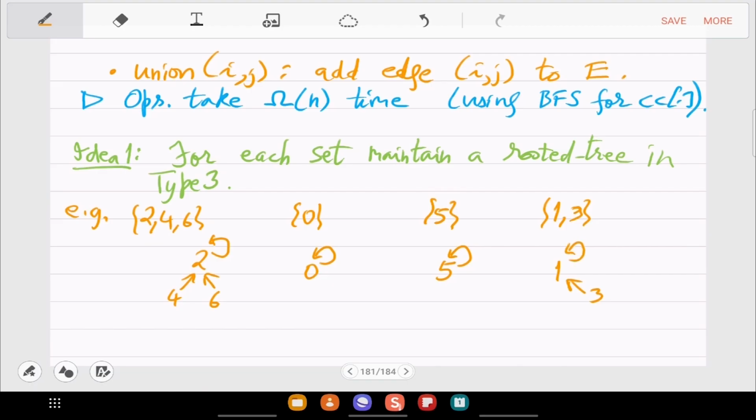Okay, so A0 stores 0, A5 stores 5, A1 stores 1, and A3 stores 1. So that is the full disjoint set DS in the array. Clear? So that is our almost final construction. This is how storage will happen, and now we have to analyze the time complexity of these operations.